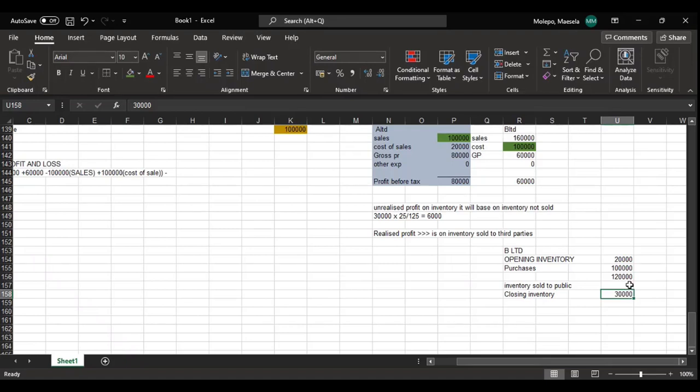Yes. The 90,000 was sold to the public during the year. So this is a part of a realized profit, which this 90,000 takes into account the 20,000, because this 20,000 was the inventory at the beginning. So if it was inventory in the beginning, now it's going to be realized. So whatever of the 100,000 that was purchased, only 20,000 was only 30